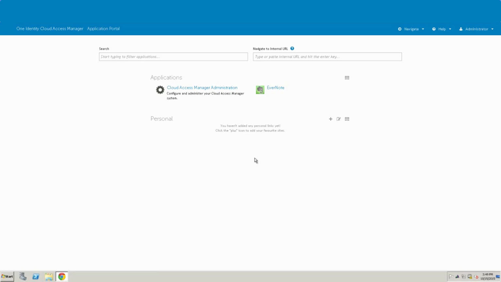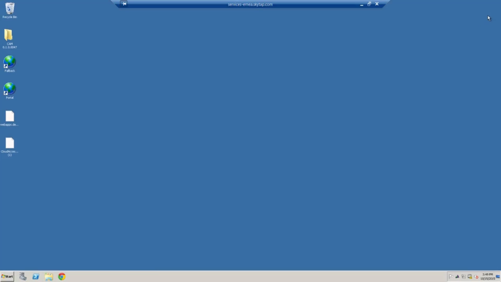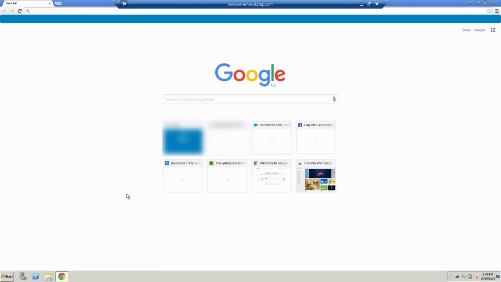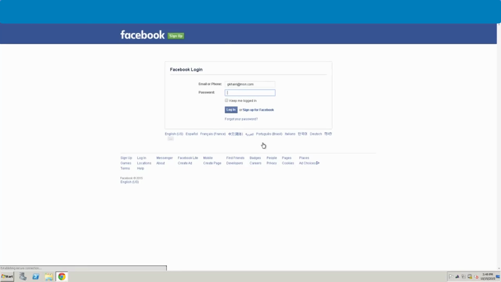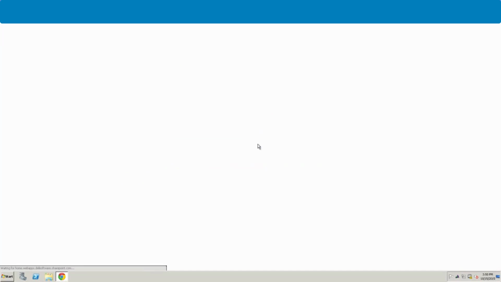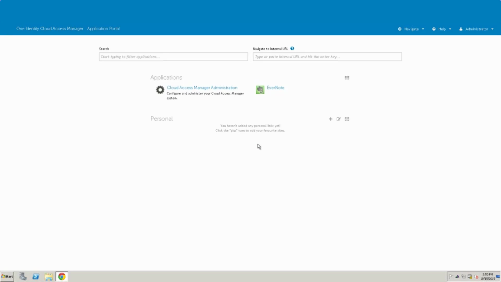So now we're logged in to Cloud Access Manager using Facebook. Let's test this one last time, because the linkage has already happened, so we don't have to go through and link the application one more time. We're going to log in with Facebook. And once we provided the password, it took us in, and now it logged us in using our Facebook